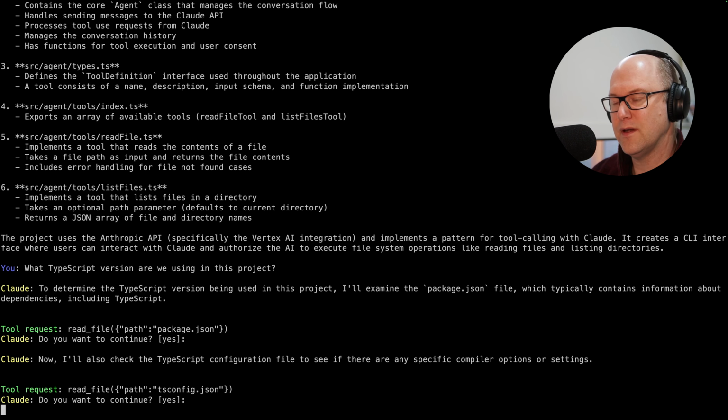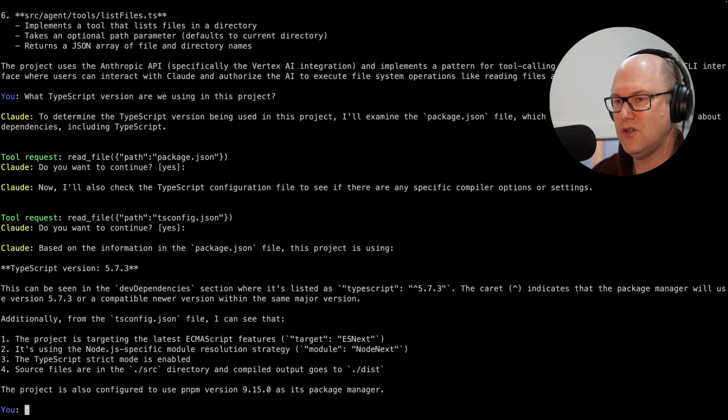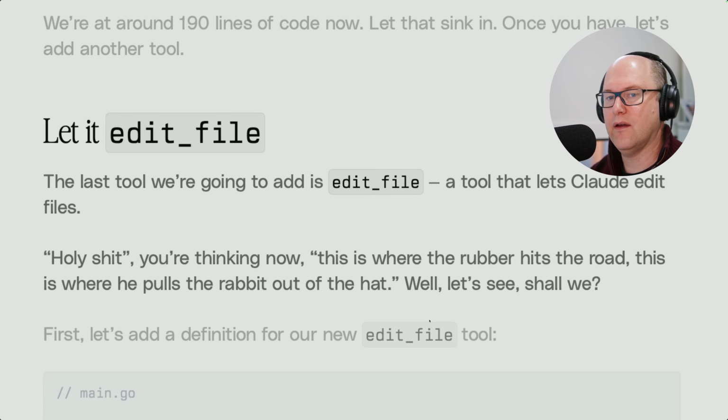I guess it's curious about my TypeScript configuration, not just the version. Yeah, wow. It's gone above and beyond here. It's identified TypeScript 5.7.3, and it's further analyzed my TypeScript configuration settings. Nice work. Okay, so there we go, using the two tools together.